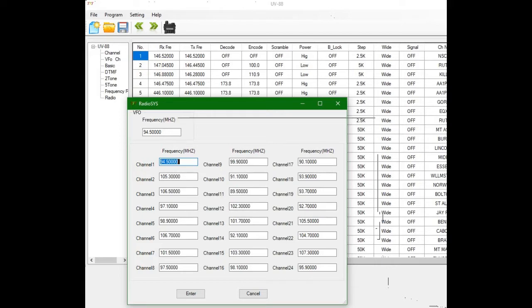I threw some in around the North Country here, Vermont, a little bit in New York, New Hampshire, Maine. And I filled them up. Once you fill them up, hit enter at the bottom. Save. And then rewrite it to the radio. If you watch how I did it in the beginning of this video, how to enable that and turn it on and off, you can go through and find your favorite radio stations and listen to the radio in between ham communications, public service, whatever you're listening to, in scan mode or whatever else. But hey, there you go. Hope it